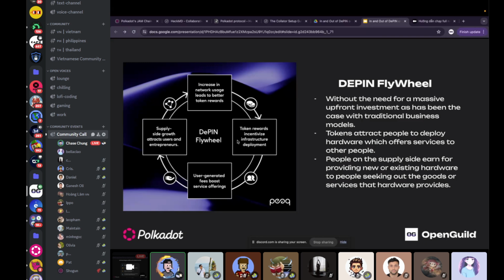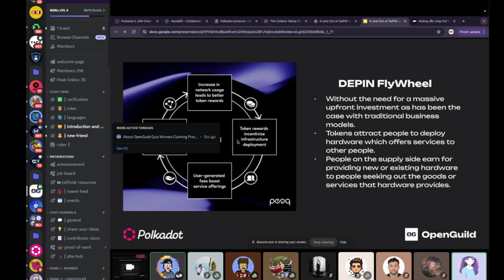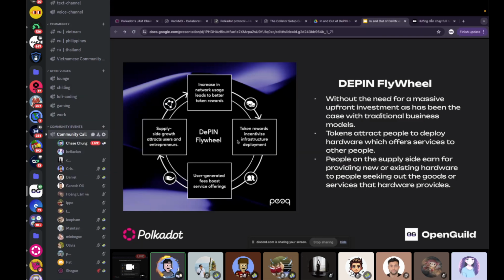So let's say one day our OpenGuild community wants to run our own telecommunication network. Every community member has their own phone that they can use to join the network. They run a node and receive a token, but they can still use their phone with 5G technology to communicate with each other. That's going to work too, because we don't require some hired middleman to control us; our community just runs it on our own with blockchain technology.